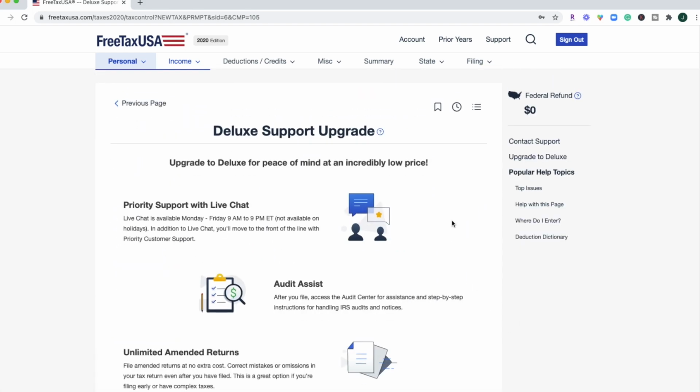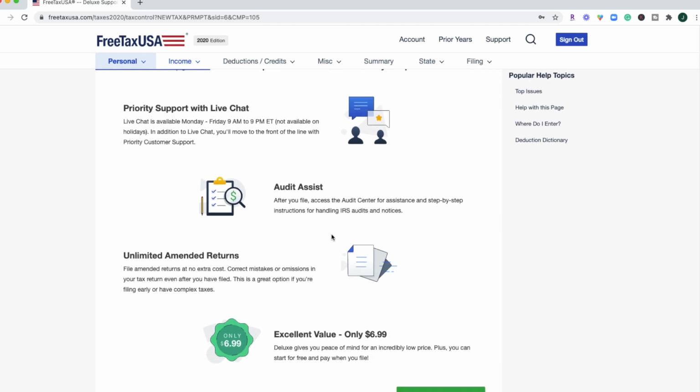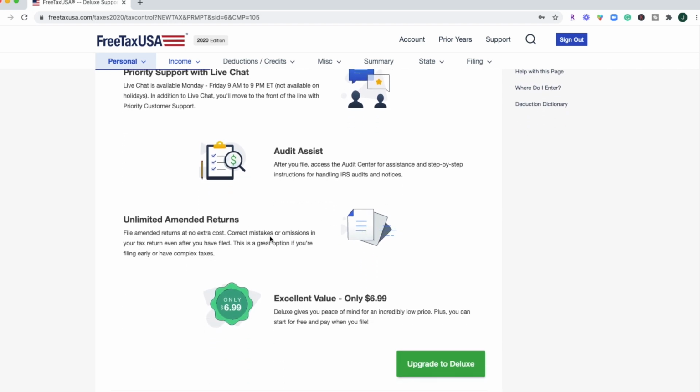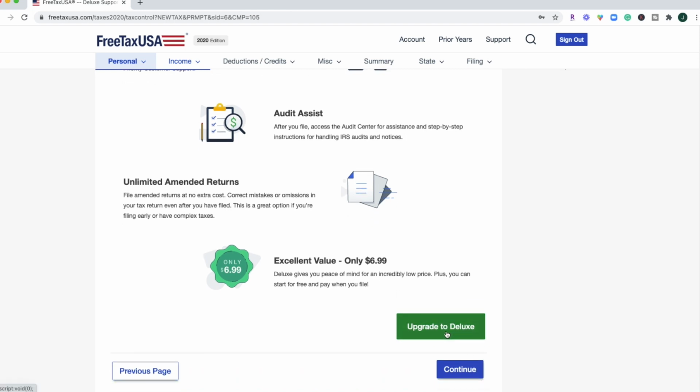So we already know that if you are wanting to file for free, it's really not for free, because the state return is going to cost you about $13. And here's the first prompt we get to upgrade to the deluxe support package, which gets you priority support with live chat, audit assist in case that happens to you, and if you need to amend your return for an additional $7. It seems like a pretty good value if you are already trying to file your federal for nothing. So you could upgrade to the deluxe for just $7, and then with your $13 state return, you're still under